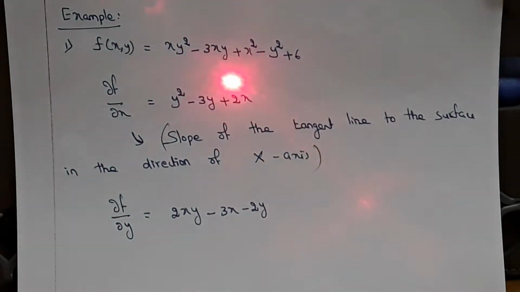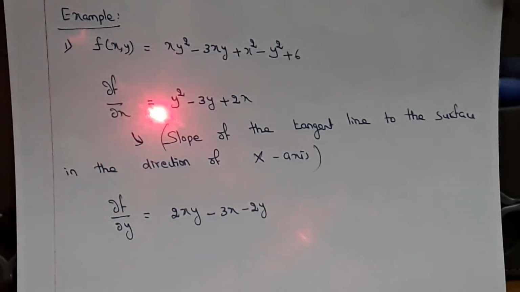So here in the first term, we are going to differentiate partially with respect to x. In the first term, y square is a constant. So x into y square, what is the differentiation? y square is constant, differentiation of x is 1. So y square. The second term, minus 3y is constant. So minus 3y into, what is the differentiation of x? 1 only. So minus 3y will remain. Plus x square is there. x square is a variable, so differentiation of x square is 2x. Then the remaining y square plus 6 is totally a constant, so the differentiation of that becomes 0. So we are getting dou f by dou x is equal to y square minus 3y plus 2x.